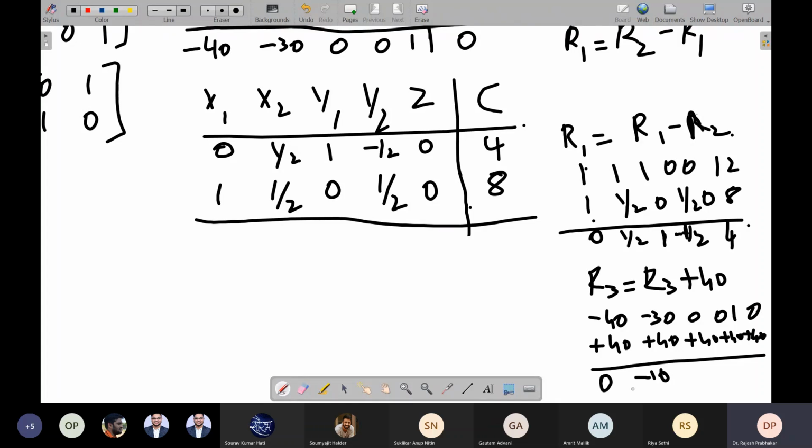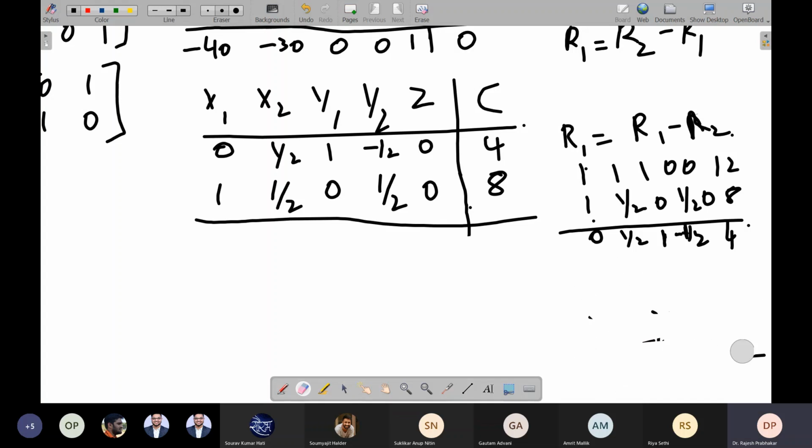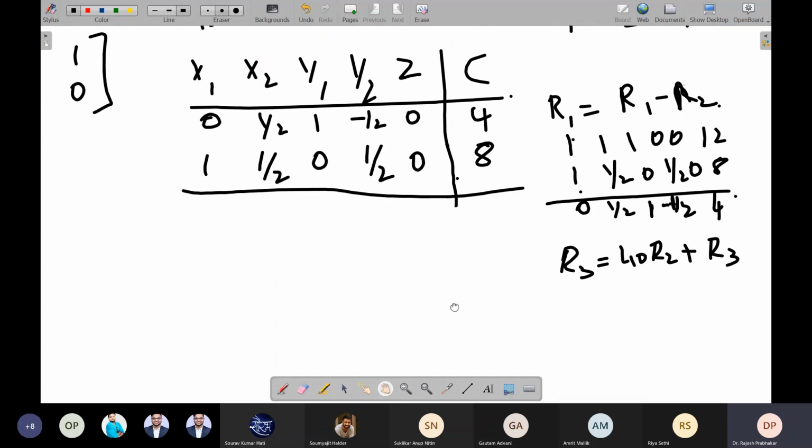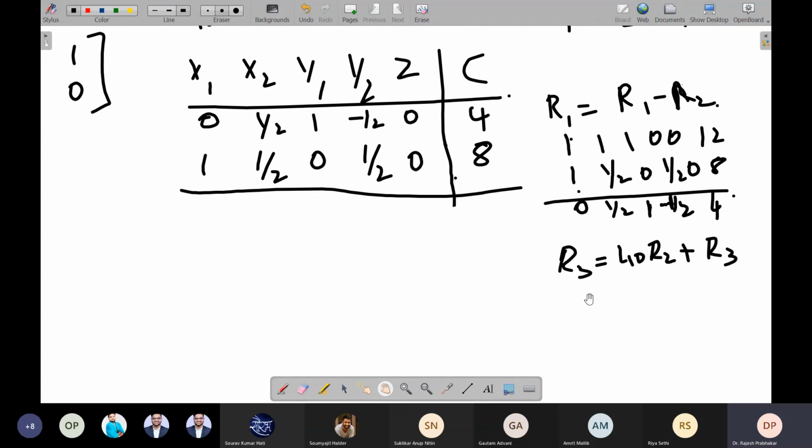No, to obtain 0 element, we multiply the second row. So actually we have to do multiple row operations. We can't do like this. I forgot, sorry. So R3 is equal to 40R2 plus R3. We have to do two-row calculations, right? I made a classic mistake. In Gauss-Jordan elimination, you have to do eliminations by involving multiple rows.